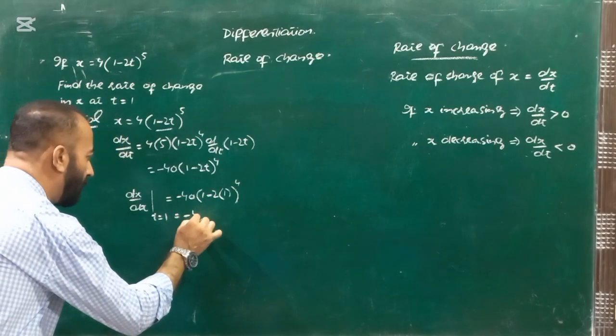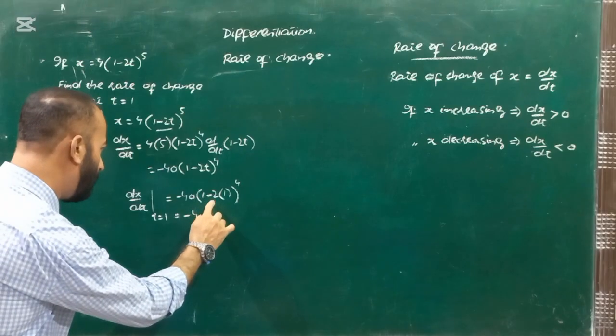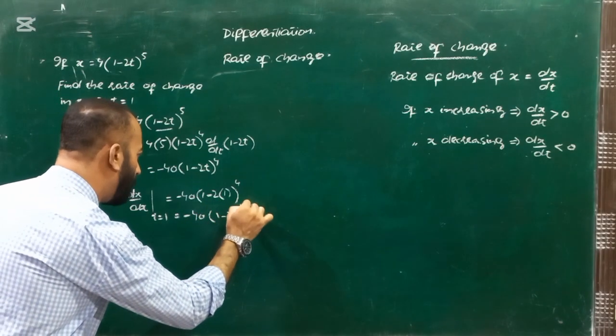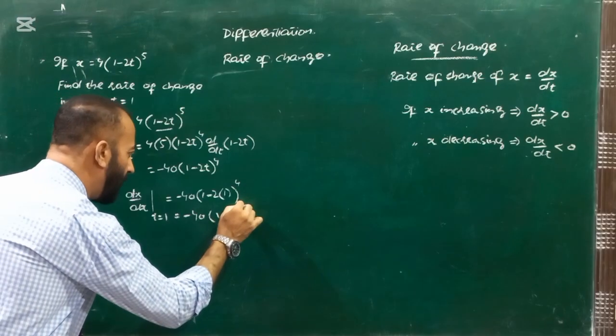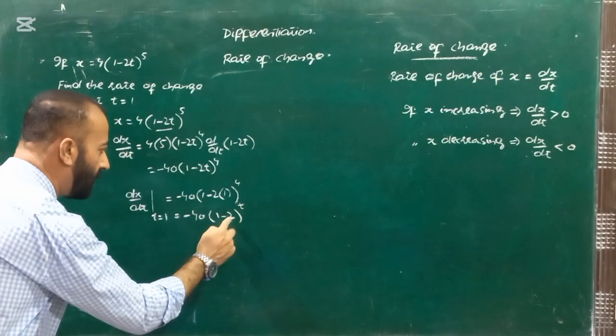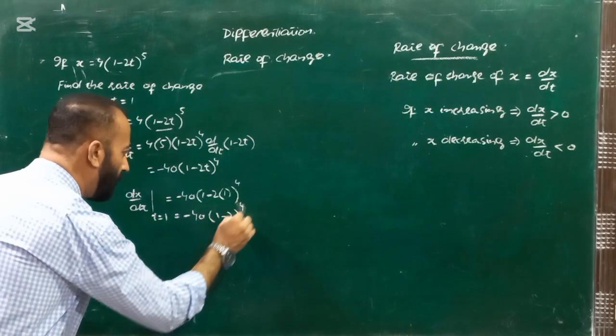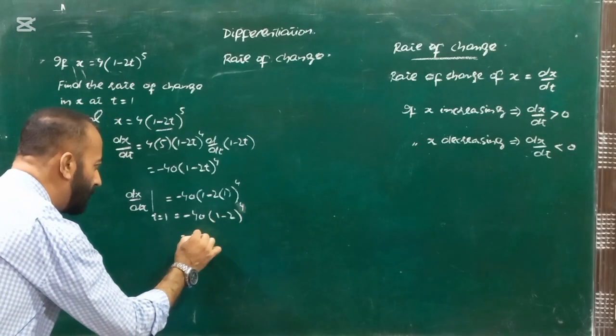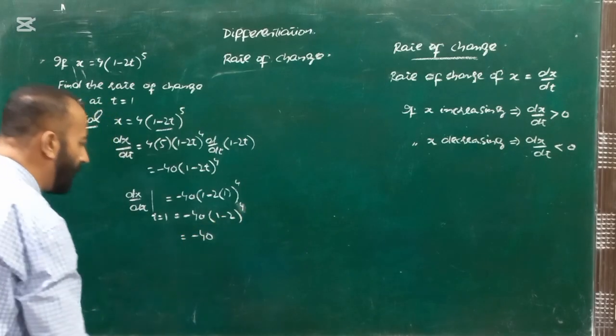So minus 40 into (1 minus 2) raised to the power 4. So inside the bracket is minus 1, which is having even power, so minus sign will be absorbed. So minus 40 is